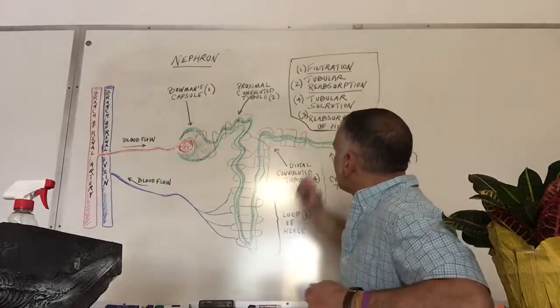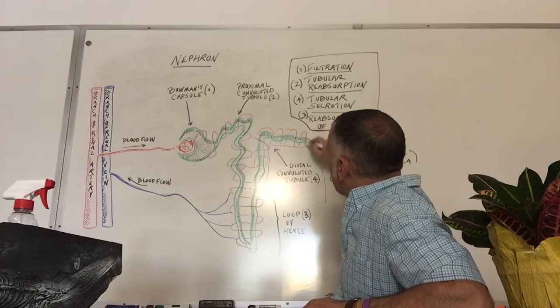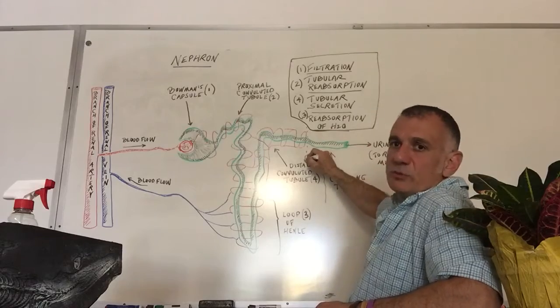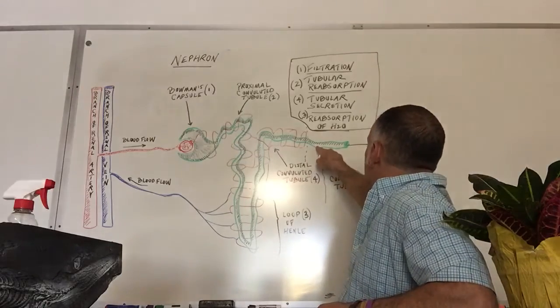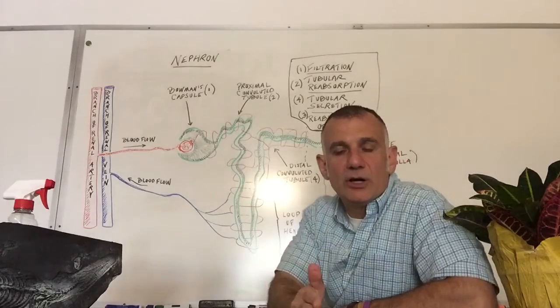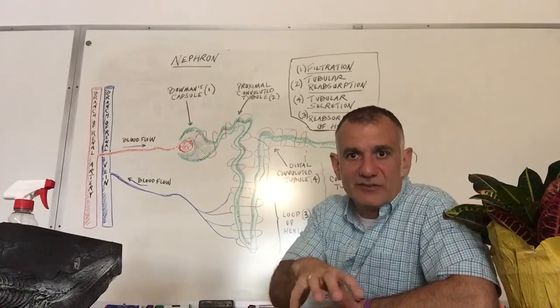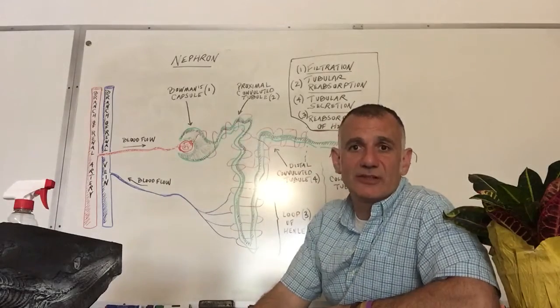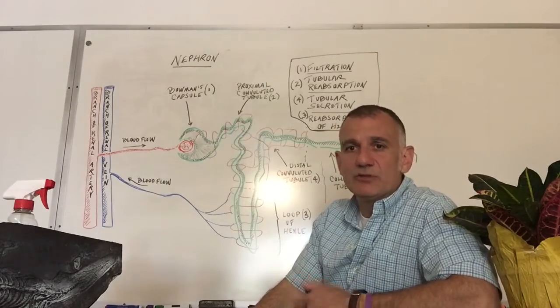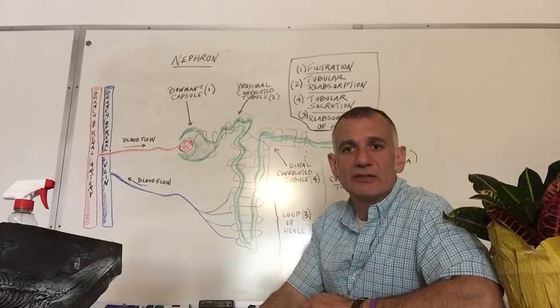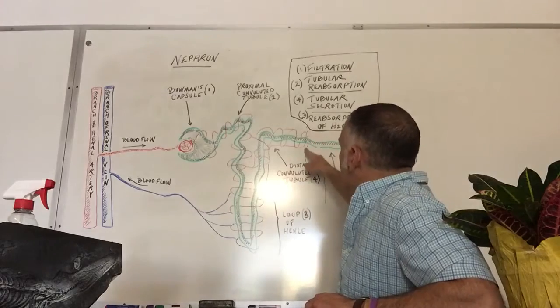Now, once we pass this last section of capillary right here, I'll put a little dotted line right here. Once we pass that last section, this is called the collecting tubule right here. That collecting tubule is right at the border of the renal cortex, which is the outside layer of the kidney. And again, remember, there's a million of these doing this simultaneously in your kidneys. And between the renal medulla. The renal medulla is the middle section of the kidney where we collect the urine. So once you get past this point,